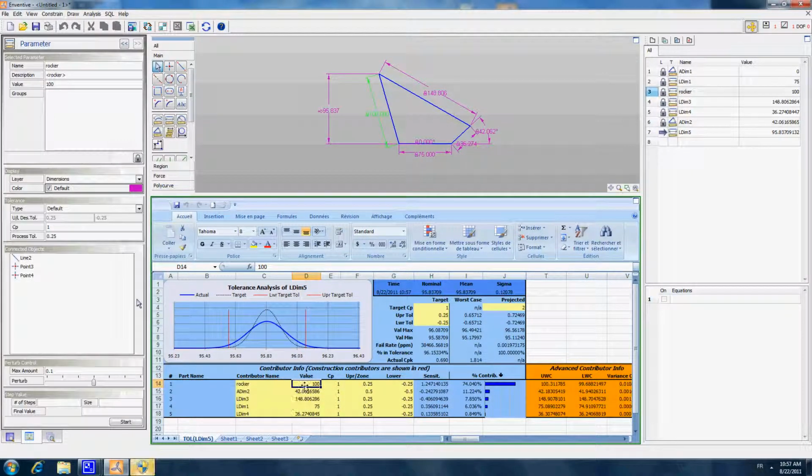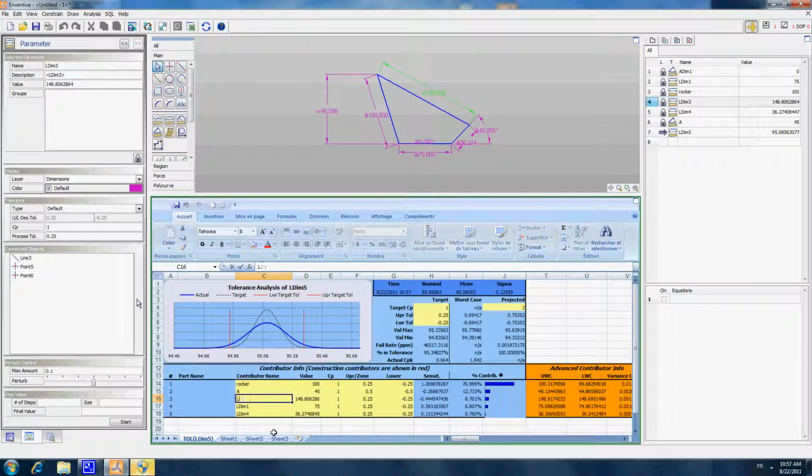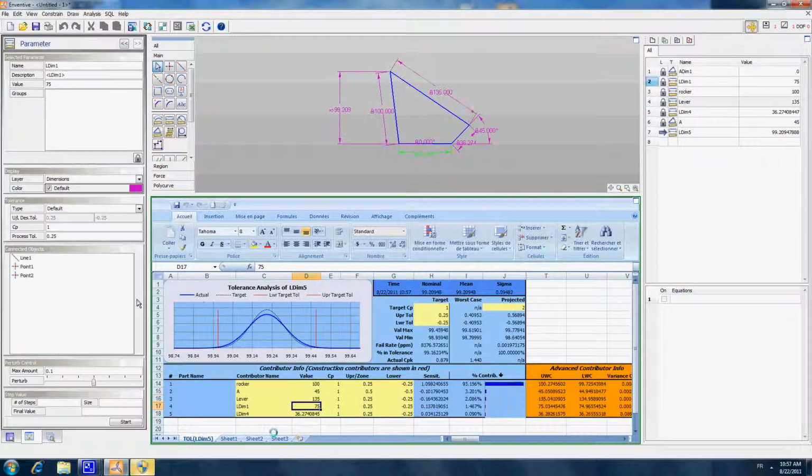So you can see when I make the change of the length, the change actually appears in Excel and also in the geometric modeler. Second change, this angle here, we can put it at 45 degrees. Third change, this length, we will call it, let's say, lever, and put it at 135. This one can be called based, and dimension 75. And this one can be called crank, with a dimension of 25.